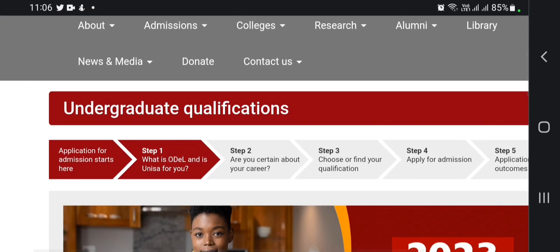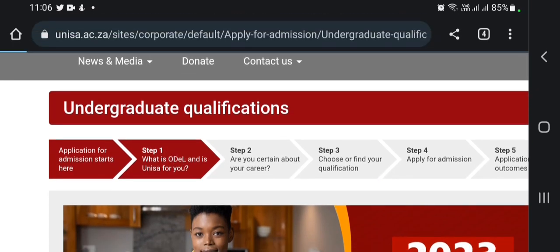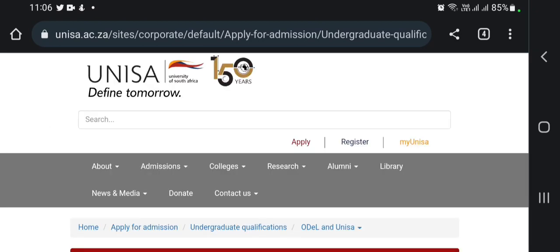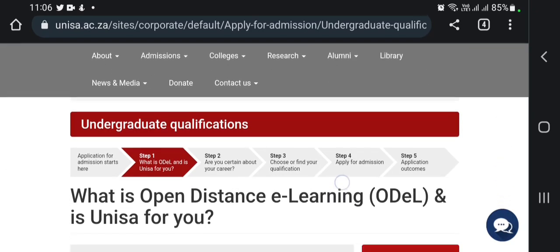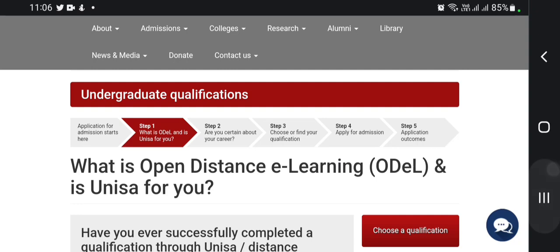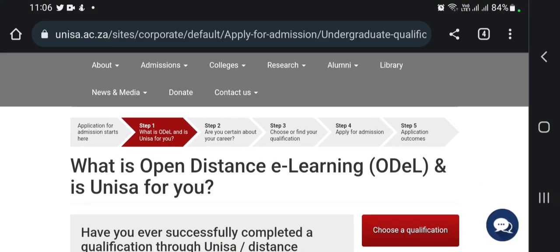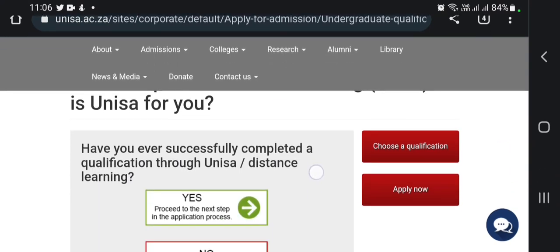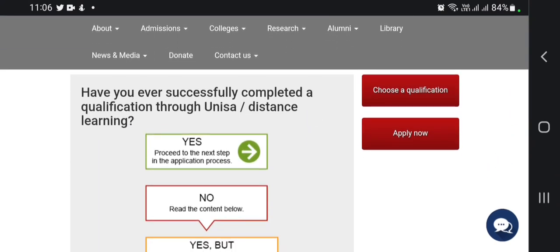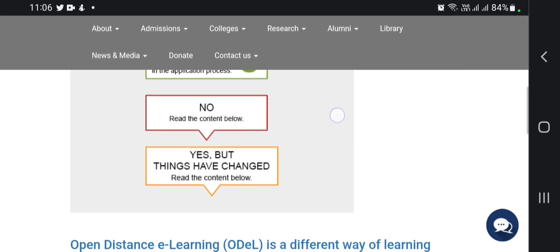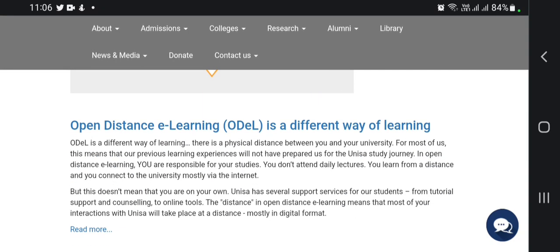You may have a space as early as possible. Now we're going to the first step. What is ODL? Then we scroll up. What is open distance e-learning? Then it will show us, guys. Which means now you are not going to attend classes on a regular basis, like in high school or other universities. So let's briefly check here. It says here,